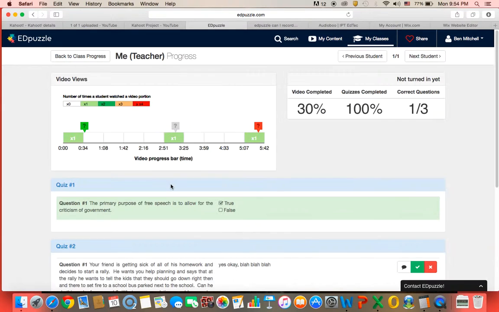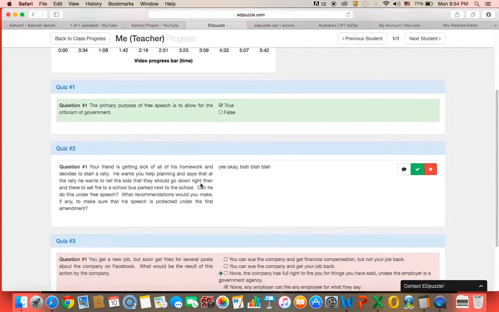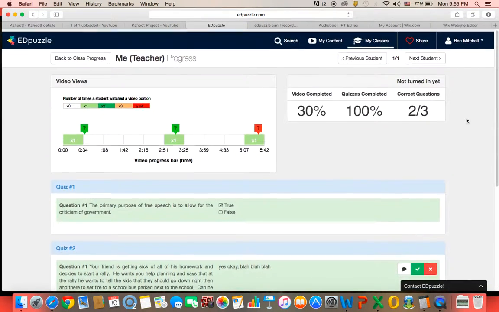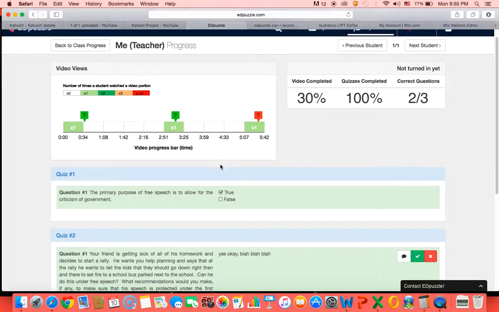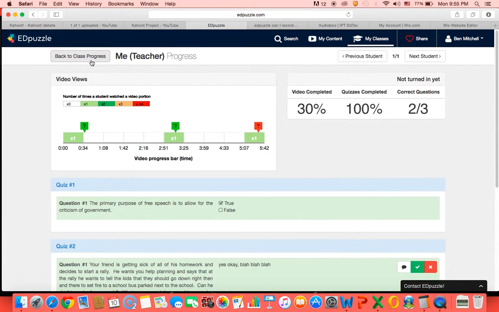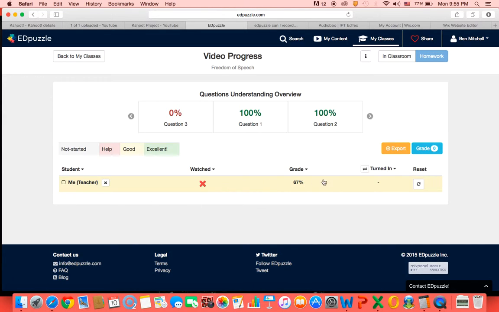Now, if you want to go into each one, you can see what answers. So on this short answer, open-ended, I can say, oh yeah, that's a good answer. So then that bumps that student up, and it makes scoring really quick and really easy. Go back to class progress. And so then you can see everything there, and then you can export,